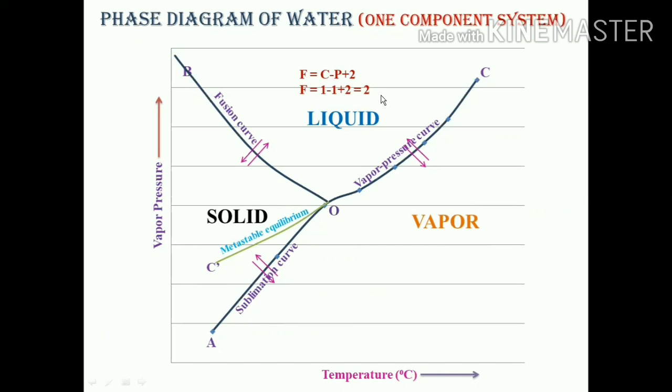Remember, in the water system there is only one component, namely H2O. And the three phases taking part in the system are ice, water, and vapor. However, the actual number of these phases existing in equilibrium at a particular instance depends upon the conditions of temperature and pressure. Likewise, we say that as the temperature increases, the vapor pressure increases.